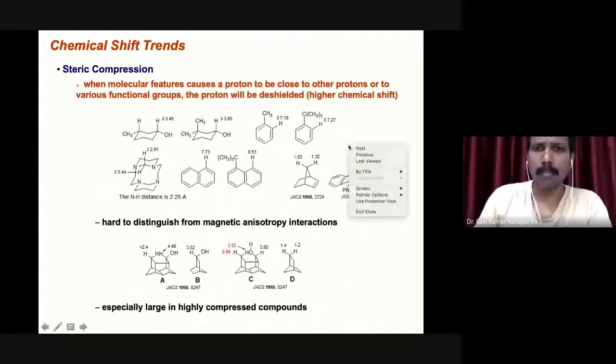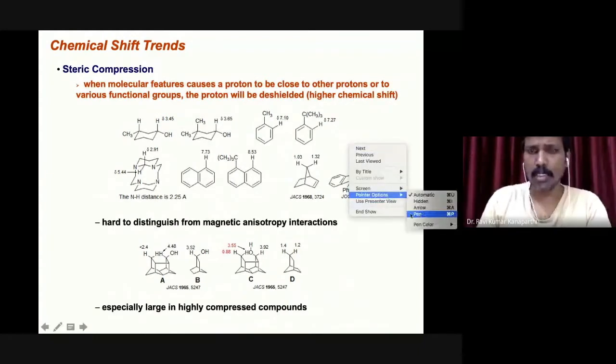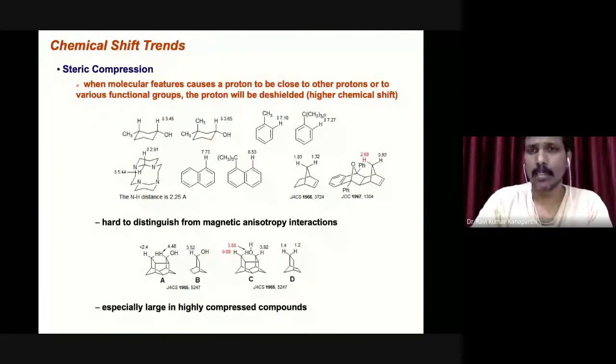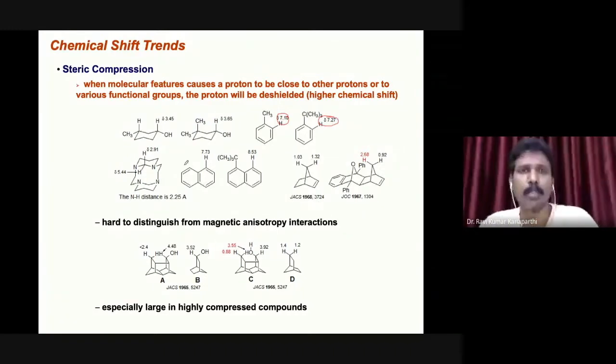There are many other examples given here. You can easily make out that it is a toluene, and then you have a trimethyl group here. Again, you can find a clear difference in chemical shift value because of the steric factor. All these examples are published in reputed journals, and those journals are cited here. The point is that steric factors can influence, to some extent, the chemical shift values of neighboring protons. That's the point one should remember.